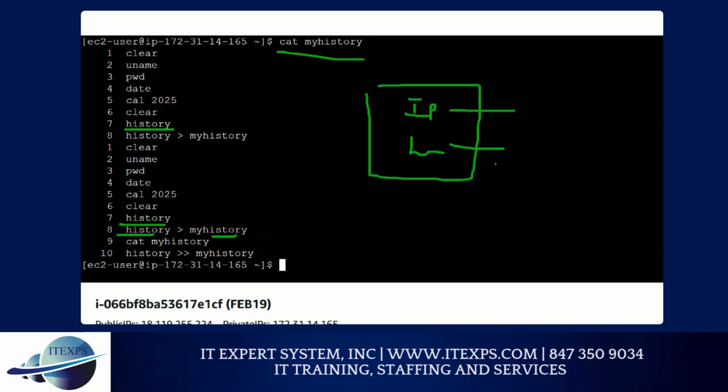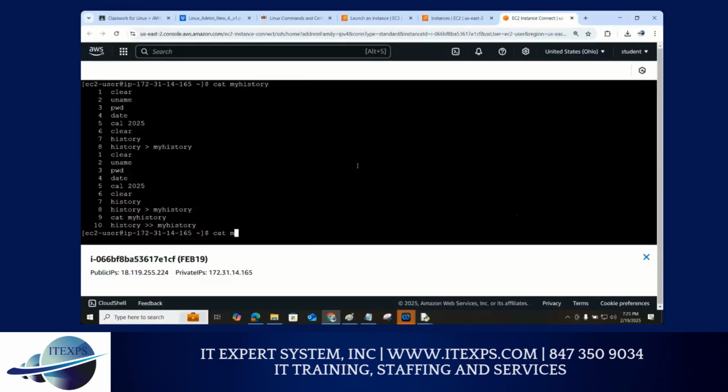For example, in this file we have many places with history. I want to see only those lines where history is there. If I say head, I'll get the first lines. If I say tail, I'll get the bottom. But this command, which I'm going to teach you, will show you only the lines which have history. Making sense? So let's do it. You're going to say cat my history. Then you're going to say pipe. And then grep,